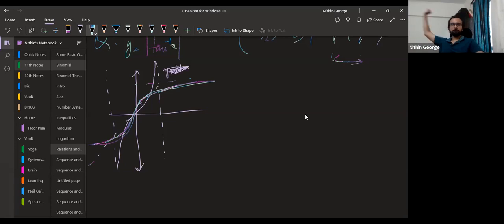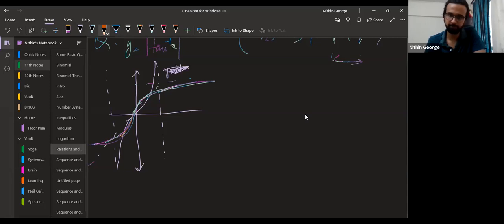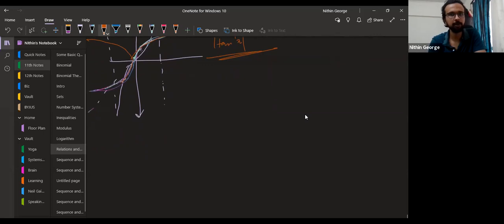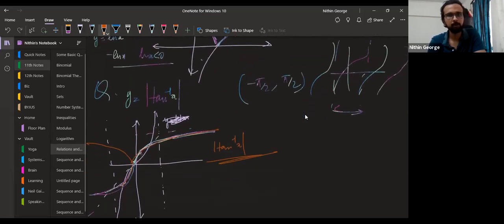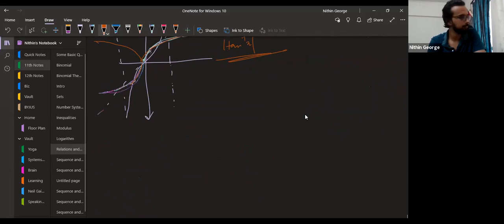Now what do you need? Y equal to mod tan inverse x graph. How do you do that? If you don't understand, please watch the video again. Mod tan inverse x graph means you won't let this become negative. Y cannot be negative, so you bring that up. This together with this is mod tan inverse x graph. All right. So take a look at it, copy it down. Go on to the next question.